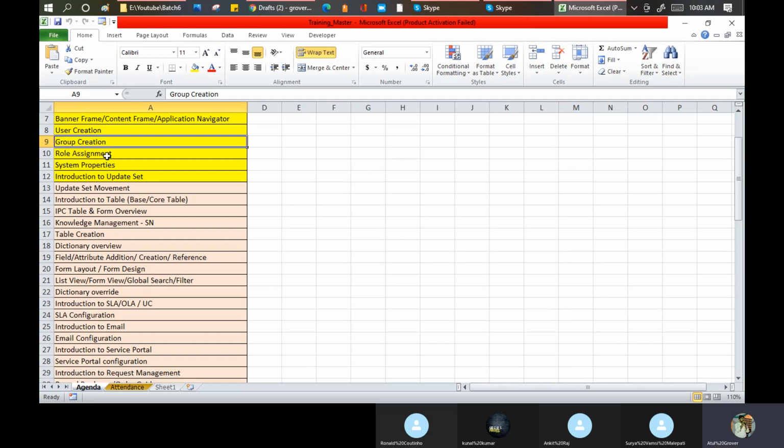So when I say table, we will create a table structure, meaning what I want to store into the table, how I want to store things into the table, what type of data fields are available, what attributes are available. So we will create a table structure for the same, and post that we will use those fields on the form level to store the data into the table.